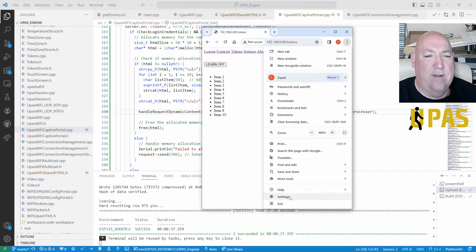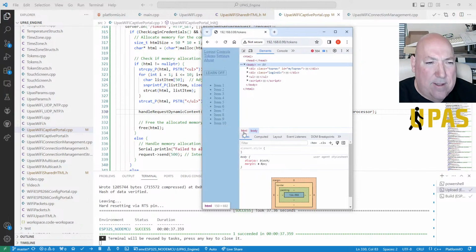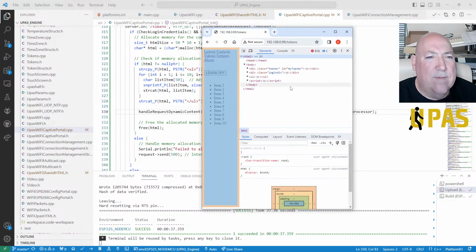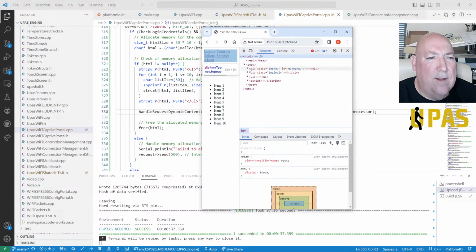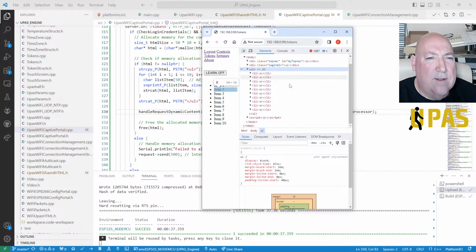Don't know how you view the page source here. Developer tools, styles, HTML. So we've got top nav, and our unordered list. So we've got a heading. Yeah, so something missing. Body. Login. Top nav.